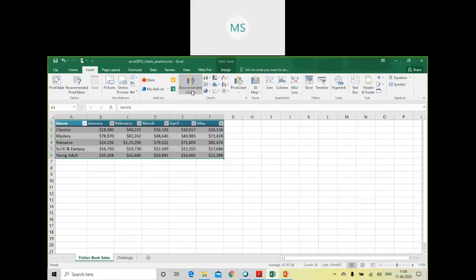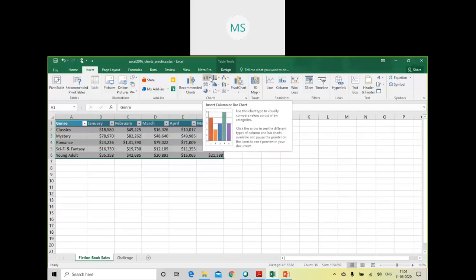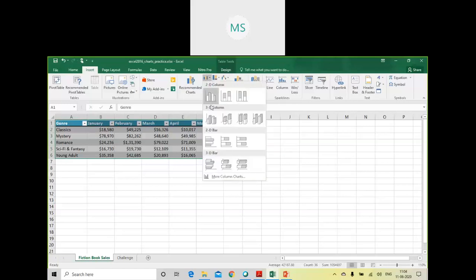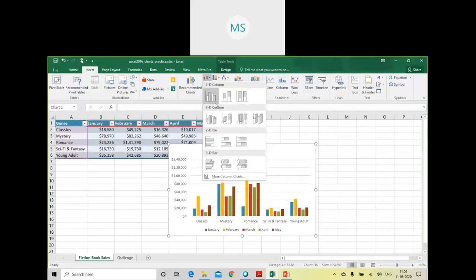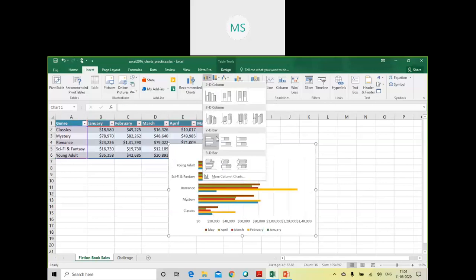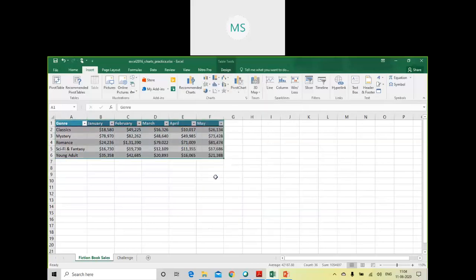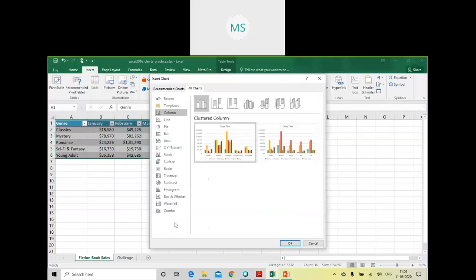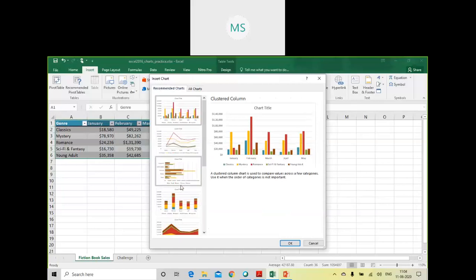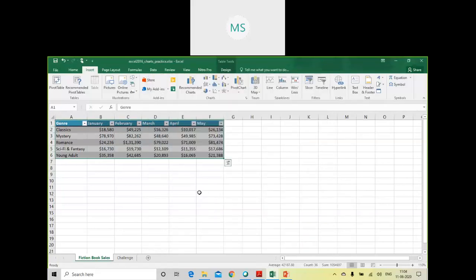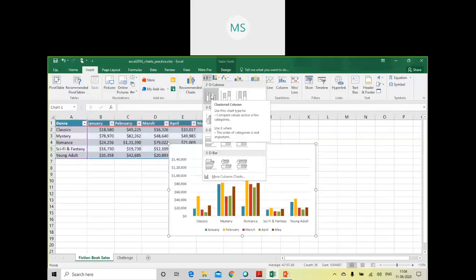Apart from that, if you want to insert any chart of your choice, you just click on any of these options and click the arrow down next to it, and you will get different chart options like 2D columns, 3D columns, 2D bars, 3D bars, or more column charts. Click on that, and you will get these many options. And again, if you go to Recommended, these are the recommended ones which are suitable for your data. So now I will insert this particular chart. I want a 2D one.